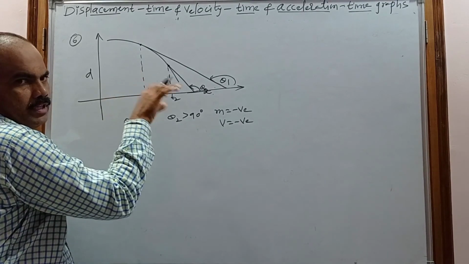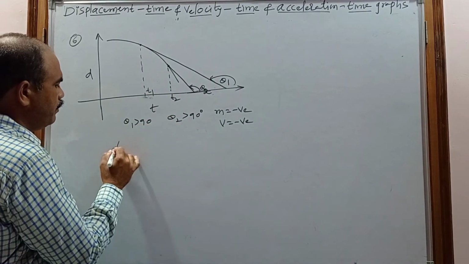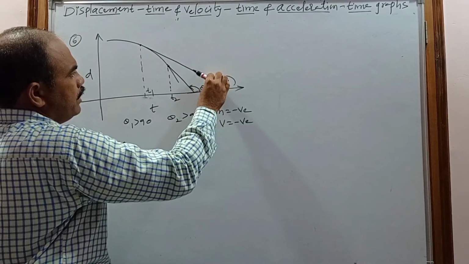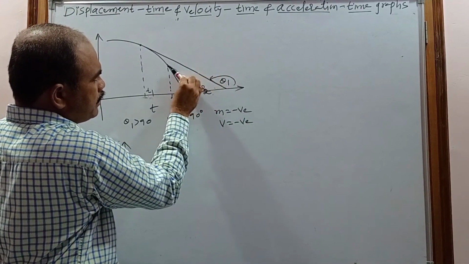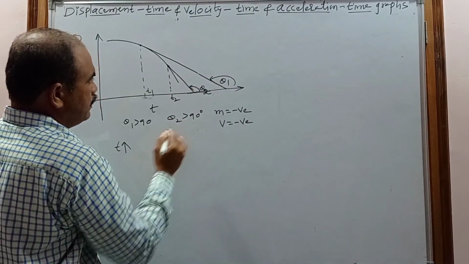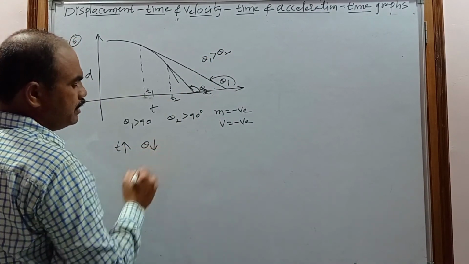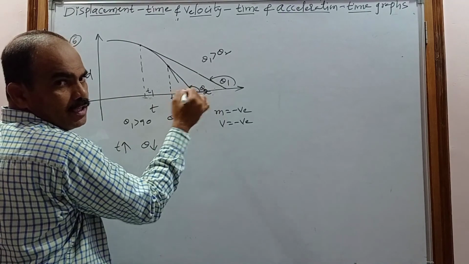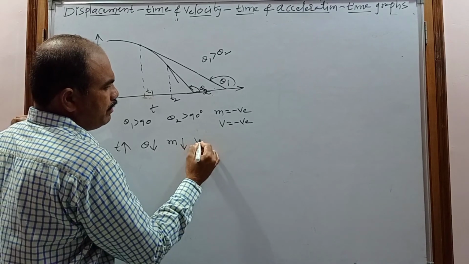But with respect to time, does it increase or decrease? To estimate that, when the time is increasing, observe theta 1 and theta 2. Which angle is more? Here theta 1 is more and theta 2 is less, because here the steepness is more and here the steepness is less. Here the bending away from the x-axis is more, so theta 1 is greater than theta 2. When the time is increasing, theta is decreasing. Theta decreasing means the slope is decreasing, that is, the angle made by the tangents with respect to time is decreasing. That's why the slope decreases, so the velocity also decreases.